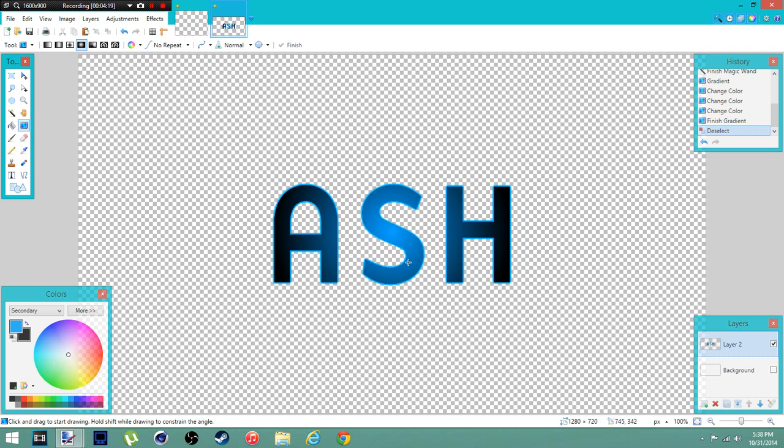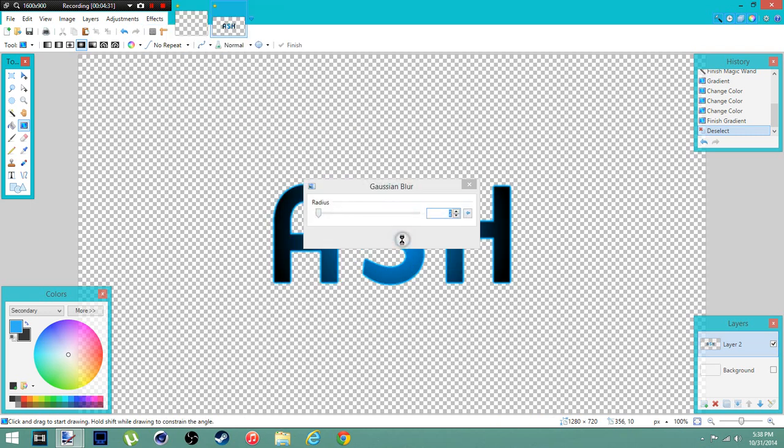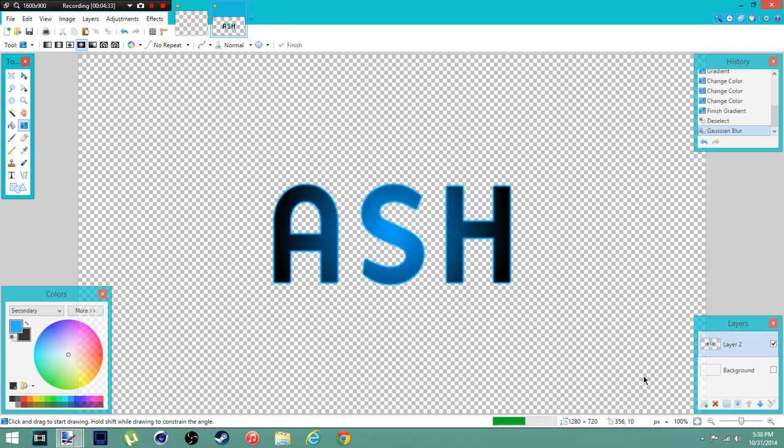and you're going to notice these things if you have like a bendy letter. If you don't, then you might as well skip this step, but if you do, then just go to effects, blurs, and Gaussian blur, and click OK. And that's it for that. So now let's click duplicate layer,